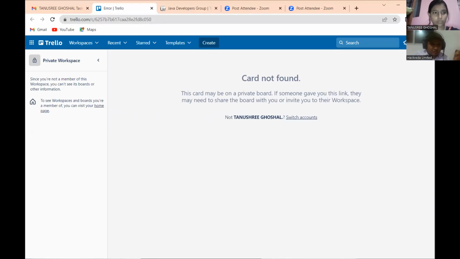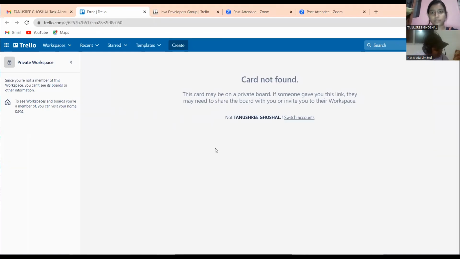Okay, card not found. Are you from the Java group? Yes, sir. Java group card not found. Copy paste the task name from the email that you have received, and your email address, and put it in the chat box. In the email, you must have received the task name, right?